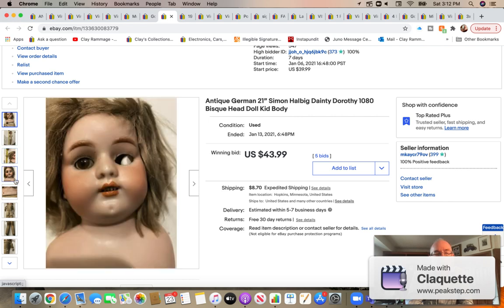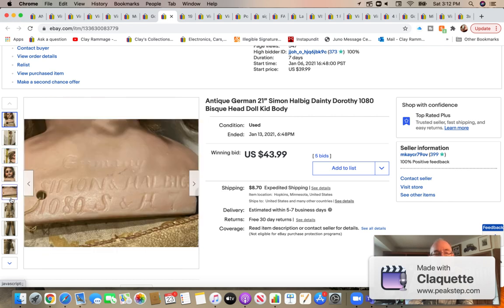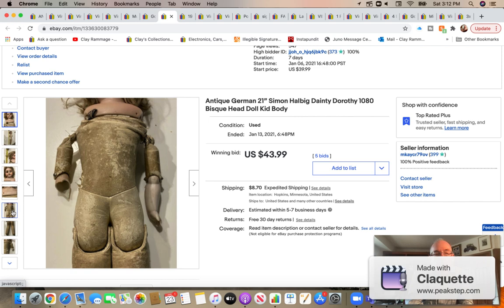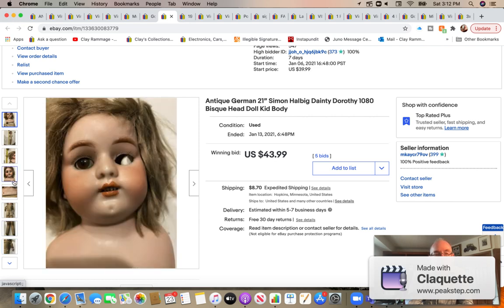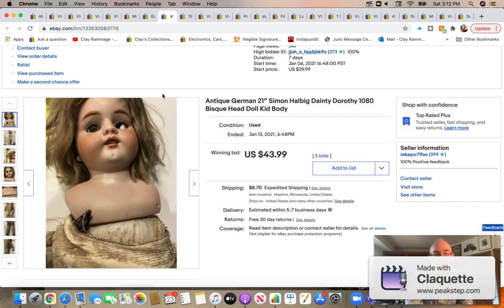And her one eye was popped out of the socket. And here you can see the one arm is broken. The other arm was perfect. That's the broken arm. But the lady that bought it was very excited to get it, and so after she